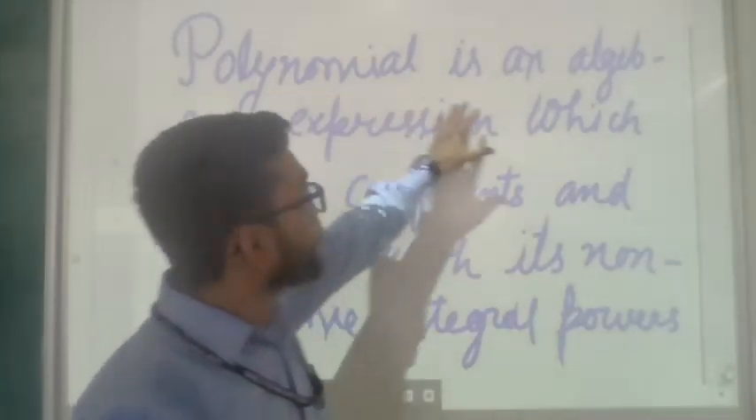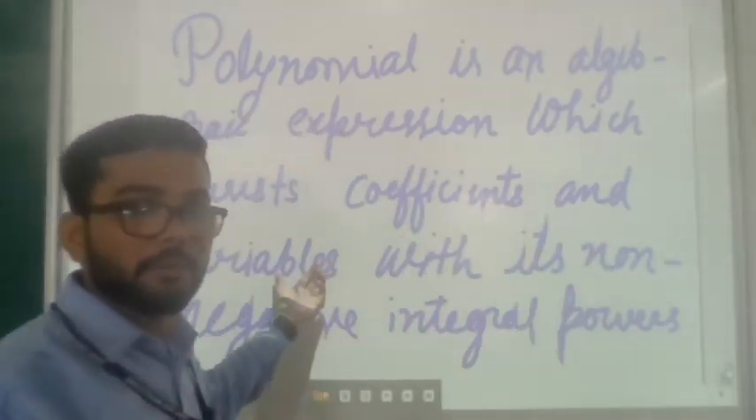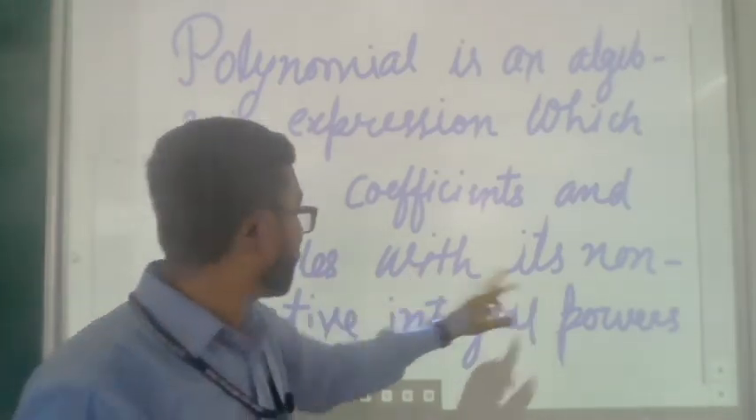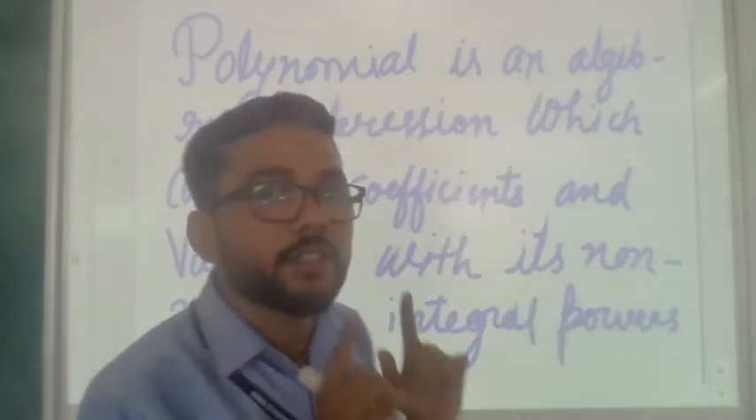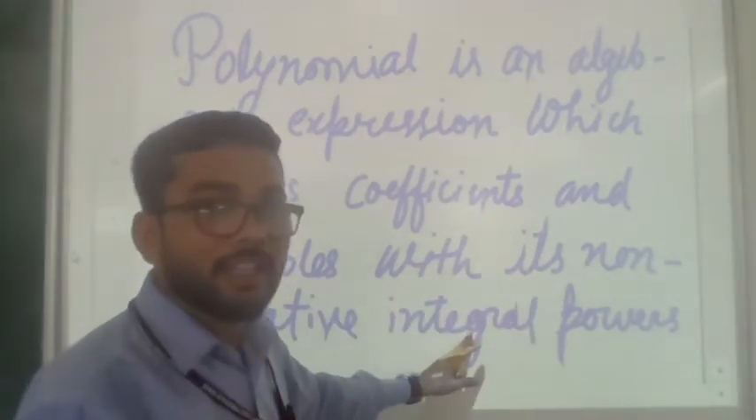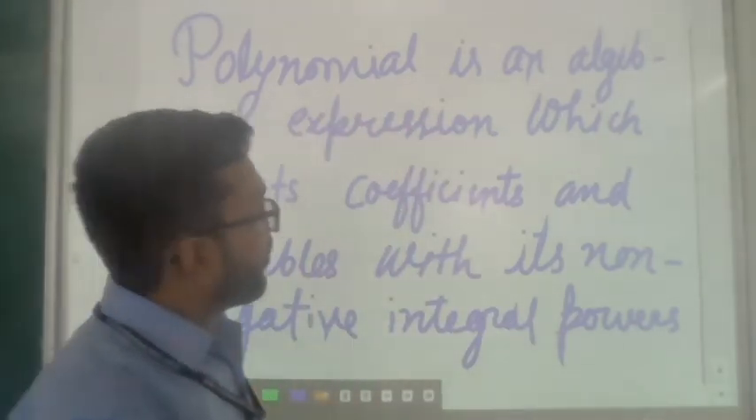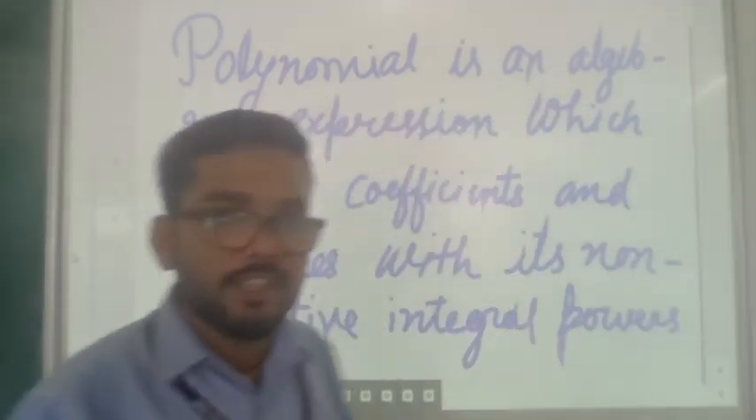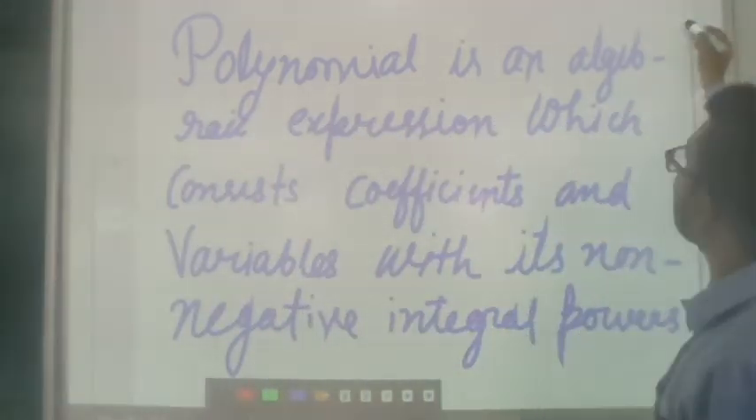So a polynomial is an algebraic expression which consists of coefficients as well as variables, with non-negative integral powers. Non-negative means the power is always a positive integral power or zero. So a variable in a polynomial has only non-negative integral powers like 0, 1, 2, 3, 4. Okay, if you see an example,